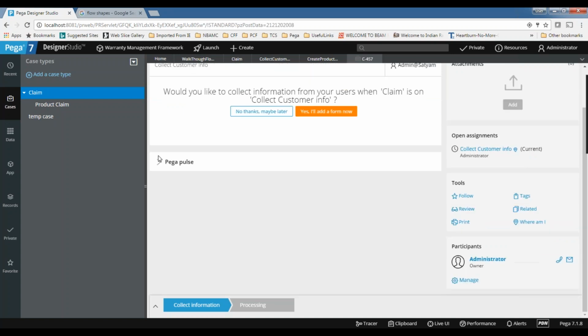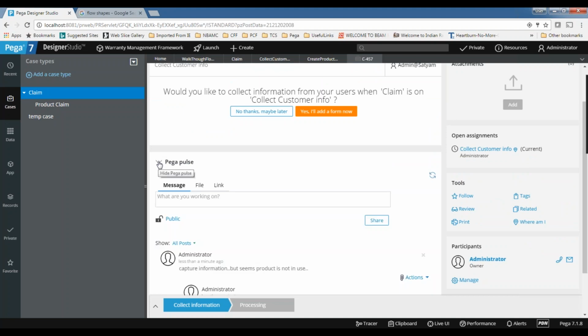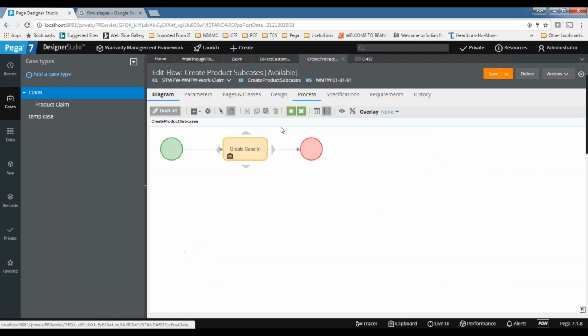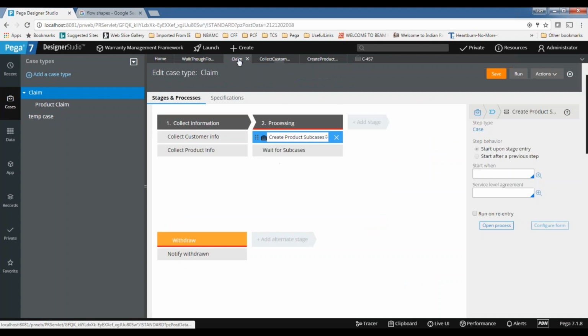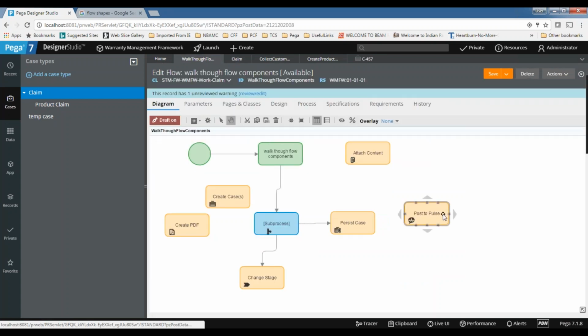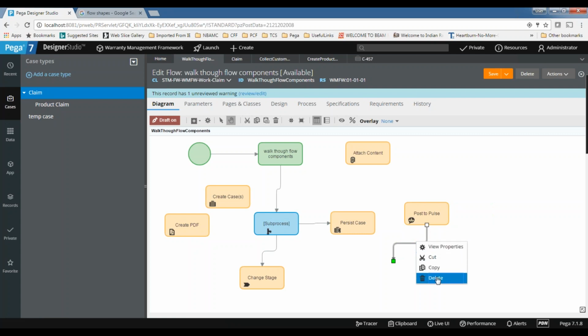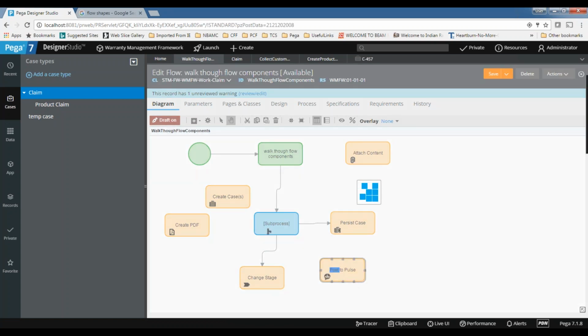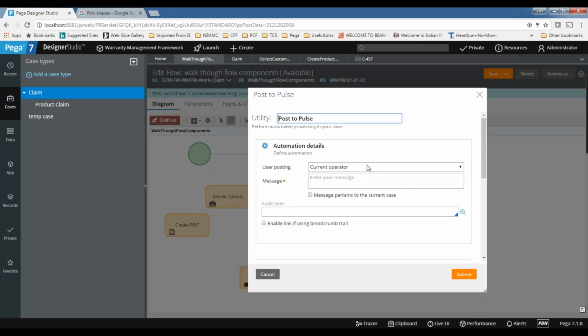But if you want to post the same message for each and every case, you can use this post to pulse. If the message is the same, then you can use this one. If the message is different, anyway we are giving the provision at runtime, whoever the processor is, you can post it. But this post to pulse is useful if you want to post the same message on the pulse.